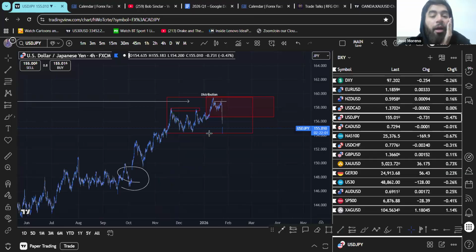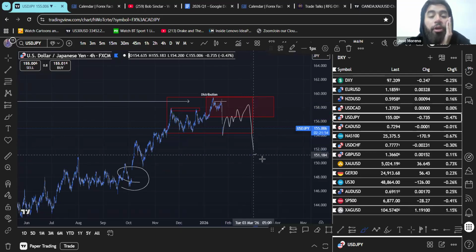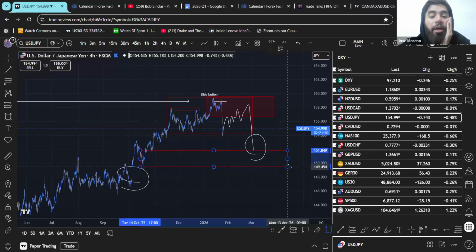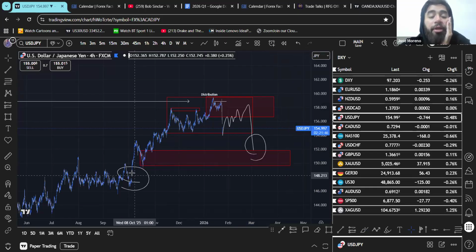Granted, if we hold where we are now, and again slowly start to get back into this zone, I think this could be a really good opportunity to at least get down into the previous reaccumulation. I'd probably look at somewhere around here. This would be our first danger area, and then potentially the gap can end up being filled even lower.